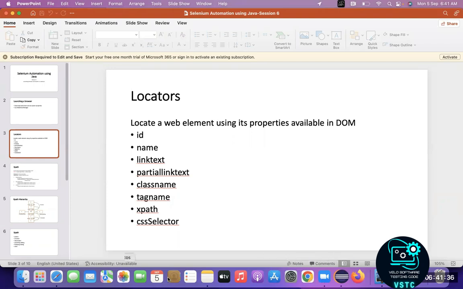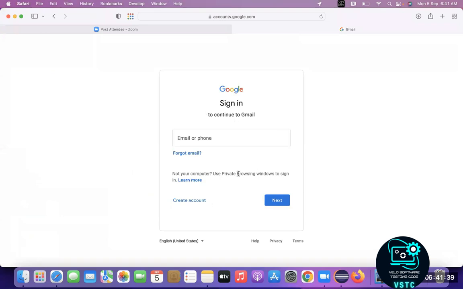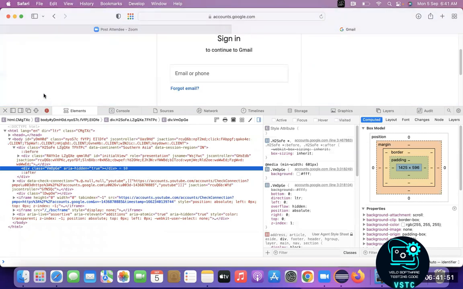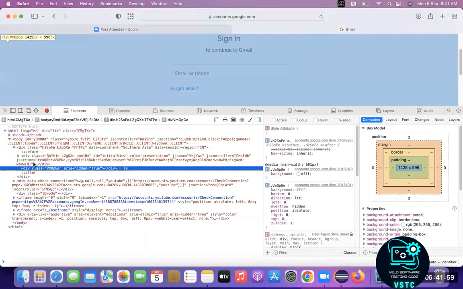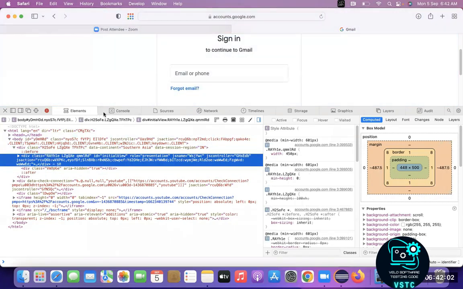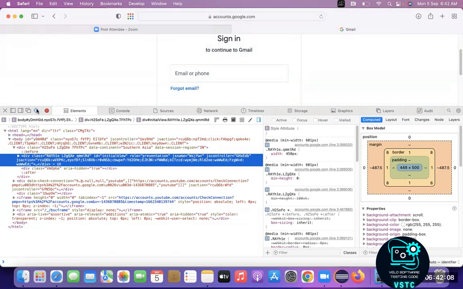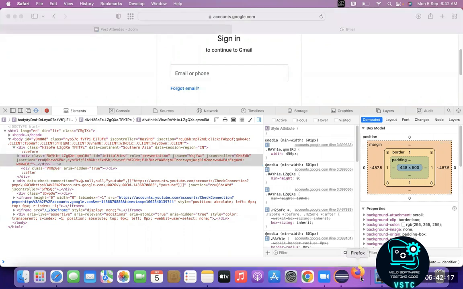Now in the Gmail application, I have launched Gmail. Once it is launched, I right click and go to inspect element. In inspect element, you will have, this is in the Safari browser, the tool you can use to spy a particular element. If you are using Chrome or Firefox, if I open Firefox,